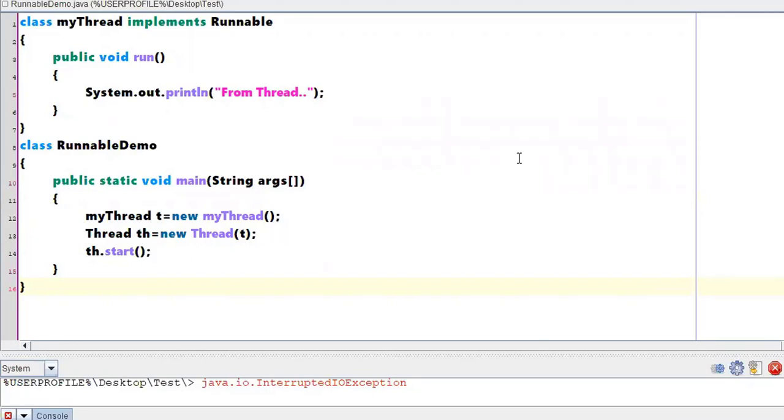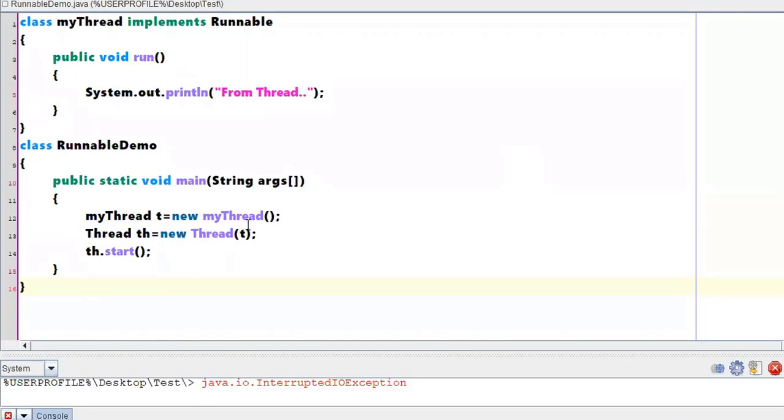So what was the purpose of the start method? We have already discussed. When you want the run method to execute, when you want the thread property to be given, that run method will be executed by the start method. That means you have to call the start method, and the start method in turn will call the run method. It is your responsibility to start the thread in a proper place and call the suitable run method.